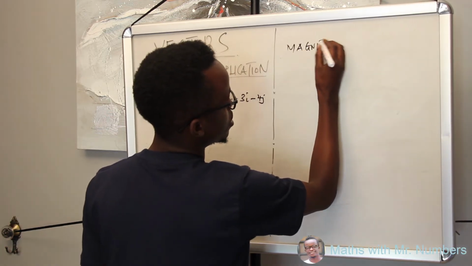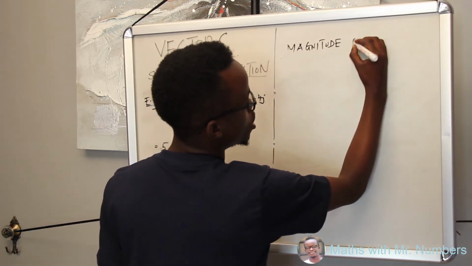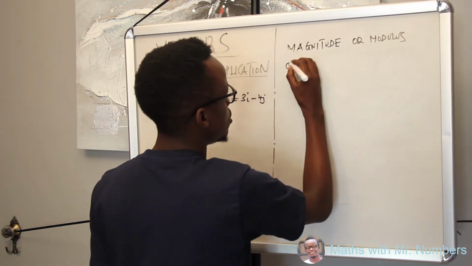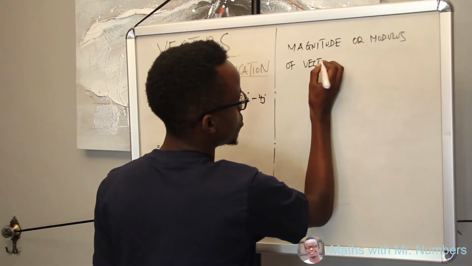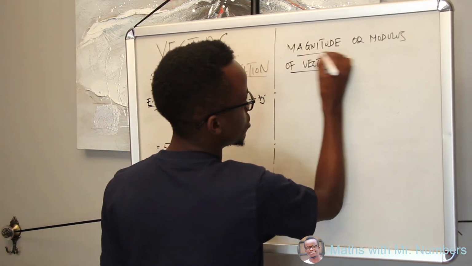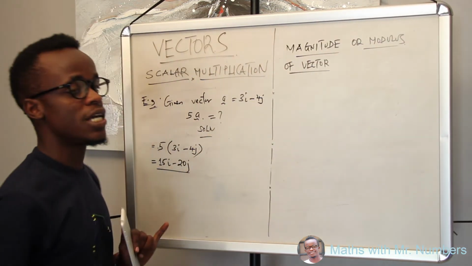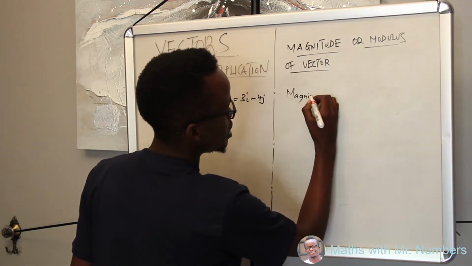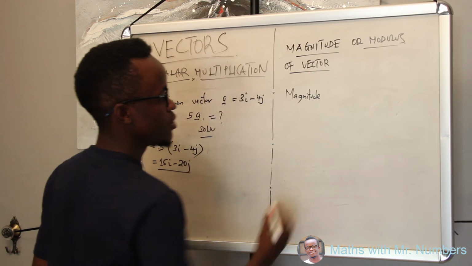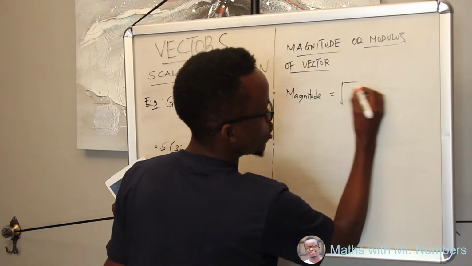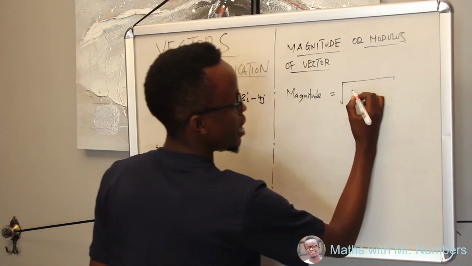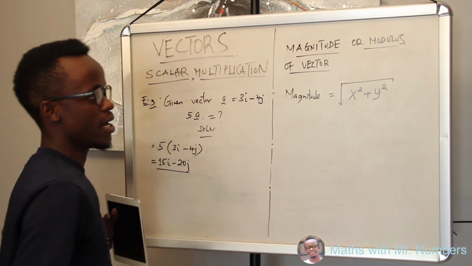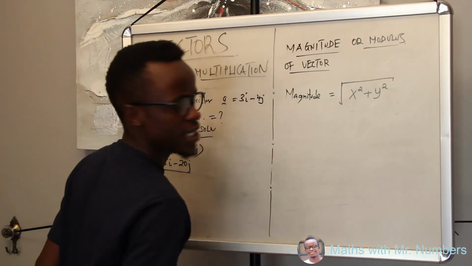Magnitude, or modulus, of vectors. This magnitude or modulus of a vector is given as the square root of x squared plus y squared. Where is this from? This is from a